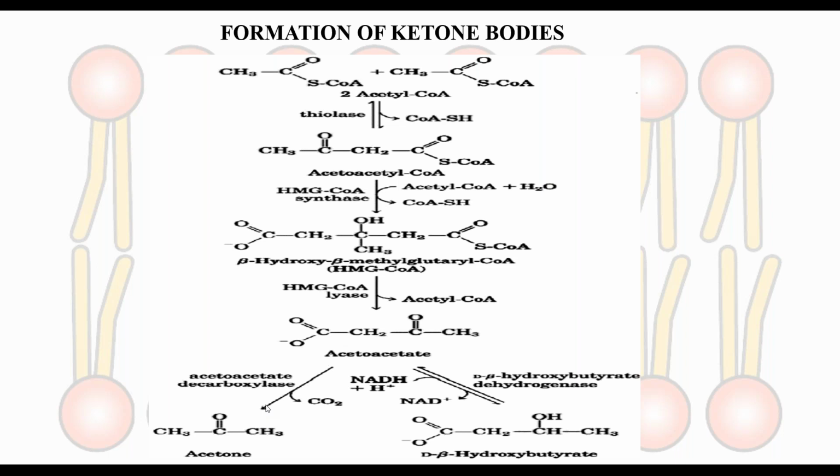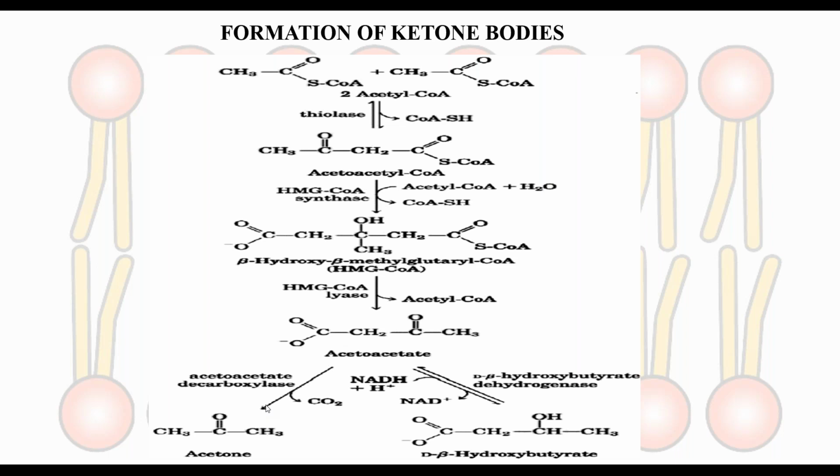energy. Okay, now there are certain levels at which ketone bodies should be present in the blood as well as in the urine. If they are present in increased levels, or in decreased levels, in both conditions they can be disturbing. They can disturb the blood pH, they can cause acidosis, and then this acidosis can lead to coma, and eventually to death.